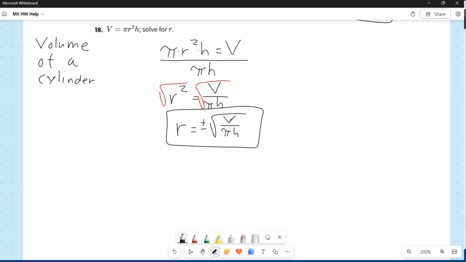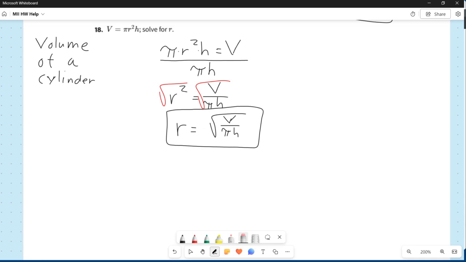I think I've said the word technically like half a dozen times. The reason I keep saying that is because, like I said, this is the volume of a cylinder. Let's be honest, this is not some random collection of letters and numbers. This is clearly the volume of a cylinder. What that means is r is a radius, and a negative radius doesn't make sense. There is no such thing as a negative radius, or if there is, we don't care about it. So even though the algebra tells us that we need the plus minus,